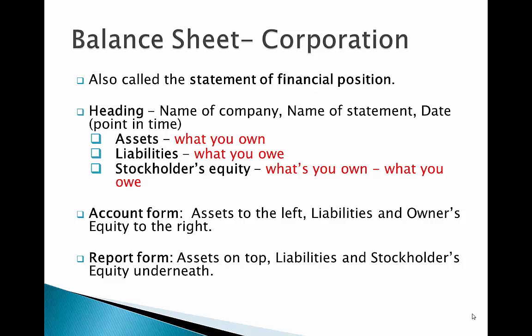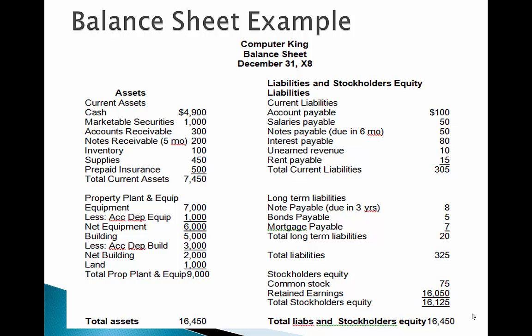So let's take a look at a balance sheet. Here's a balance sheet example. The name of the company, Computer King, balance sheet, December 31st, XA. Notice the assets on the left. The assets start with the current assets separated out. The current assets are cash, marketable securities, accounts receivable, short-term notes receivable, inventory, supplies, and prepaid insurance for total current assets of